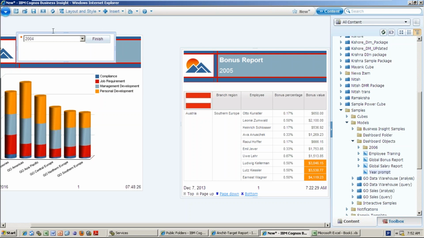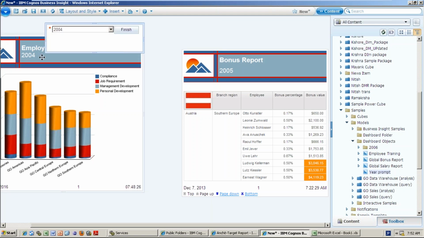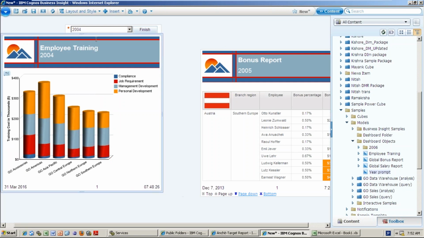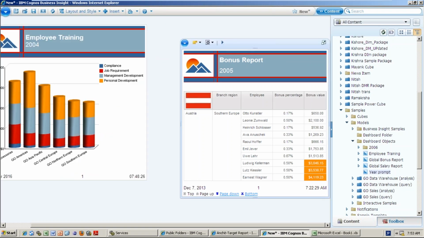See, this is one report. Here only it will show you the prompt. I will drag it here to the top. And you drag this below somewhat. Okay, and you drag this also somewhat below. And you minimize this tab.